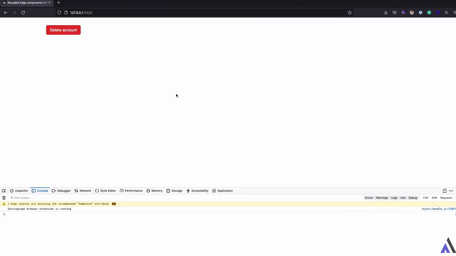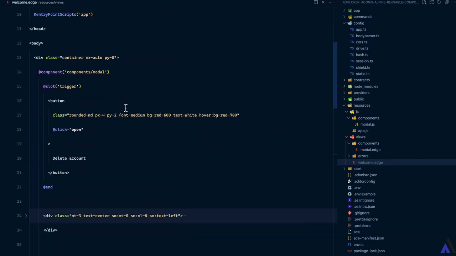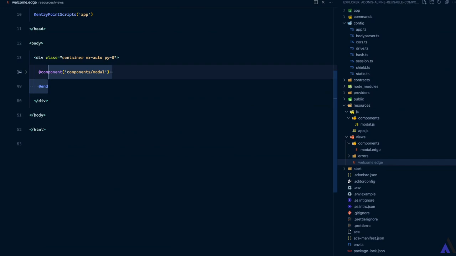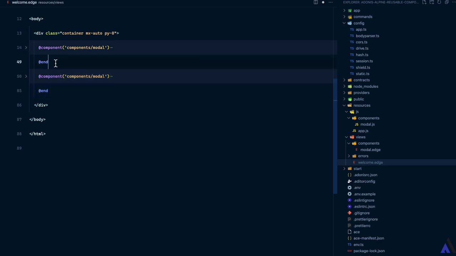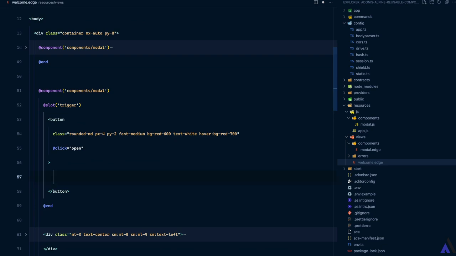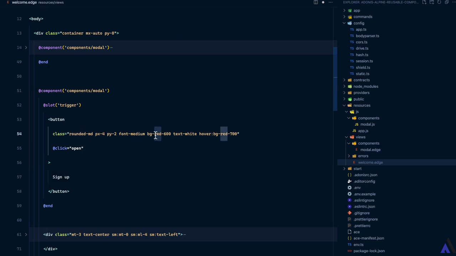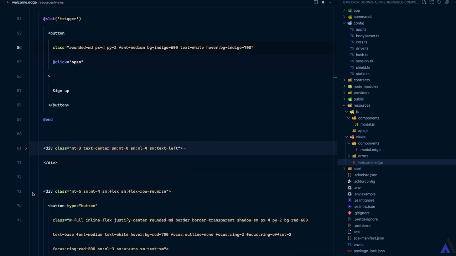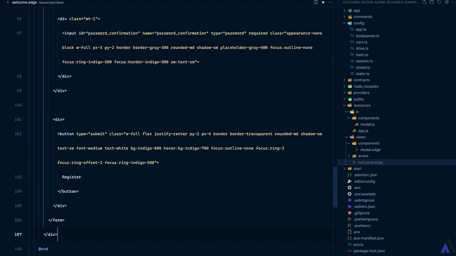Now let's imagine we want to create a modal for a sign-up form. We can easily do that with the modal component. I'm going to start by duplicating this. Then the button will say sign up. Let's give this a background of indigo. Then for the main content, I'm going to get rid of all this and paste in the content, which is